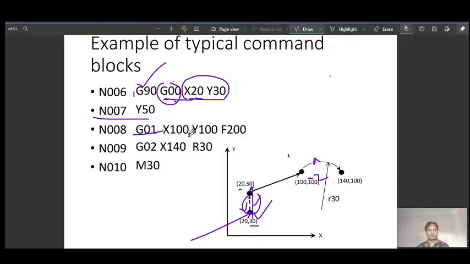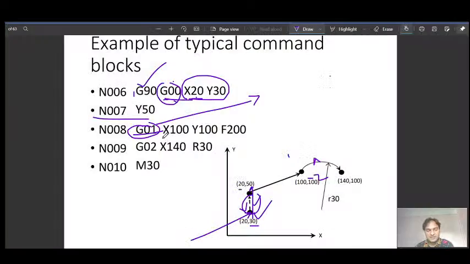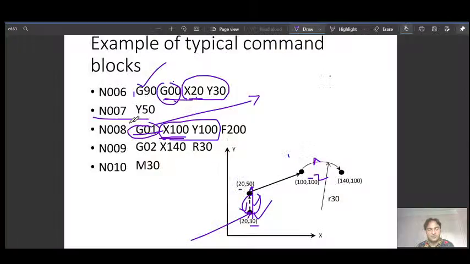Next is G01. If you want a slower speed, that is the feed rate, G01 is linear interpolation, not linear motion. The tool will move linearly to the coordinate value x100 and the y coordinate value from its previous position, with the feed rate F200.